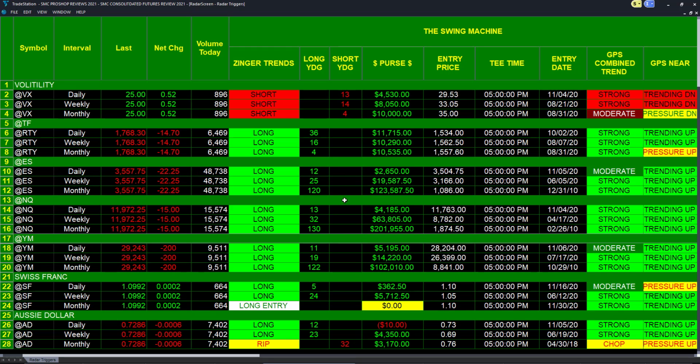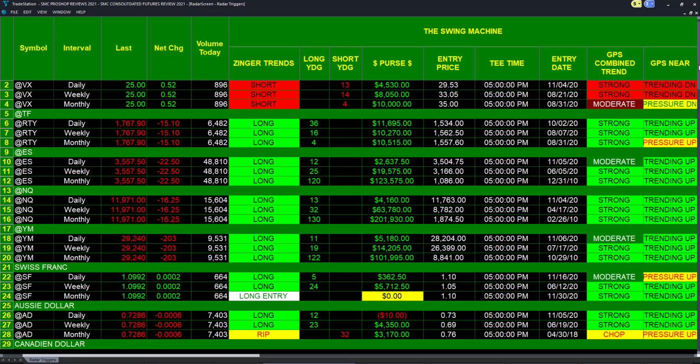Now, Swing Machine is a wonderful tool because you can get to see the daily, weekly, and monthly. And of course, the dailies, we will get short signals. It takes effort, though, of the market to do that. And they would be what kind of move? They would be a counter move if they did, in fact, go short to the weekly and the monthly intervals. And there are techniques and savviness that needs to be learned on how to trade those.